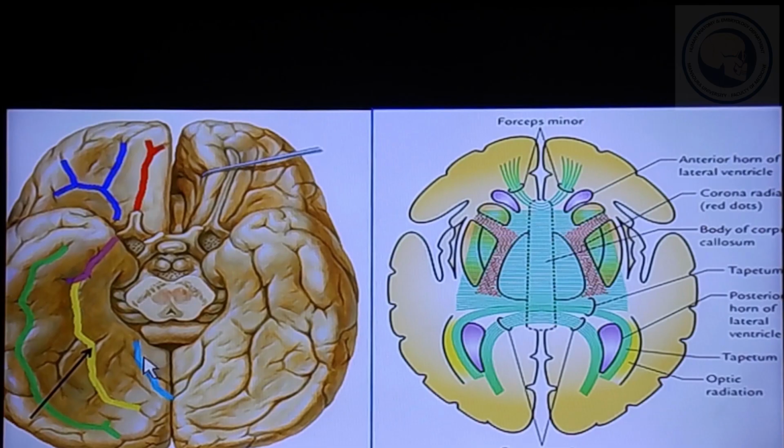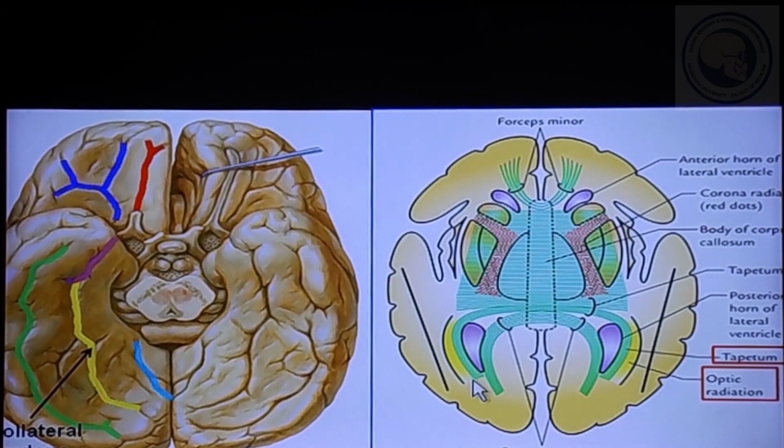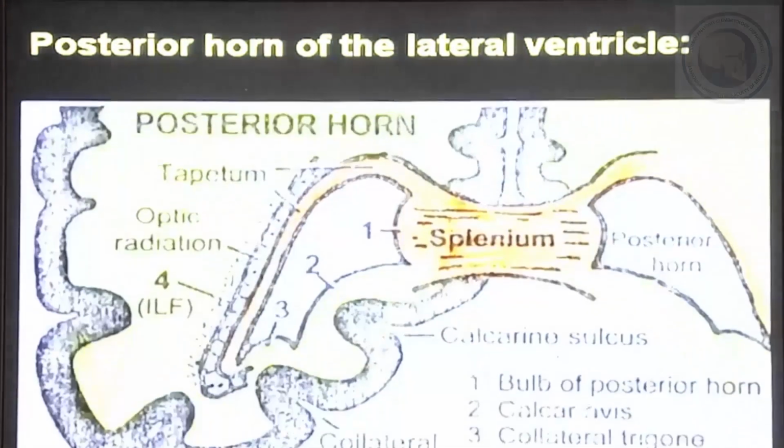What about the floor of the posterior horn? The floor lies opposite the collateral sulcus. So you will find the floor having an impression that corresponds to the collateral sulcus, known as the collateral eminence. Okay, these are the three structures related laterally, which are the tapetum, optic radiation, and inferior longitudinal fasciculus. So, to collect the relations of the posterior horn: